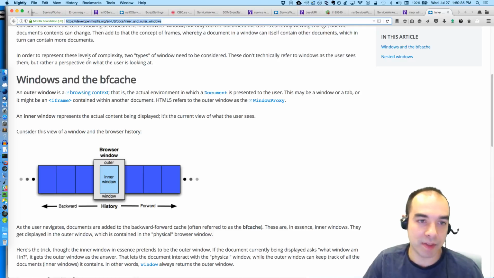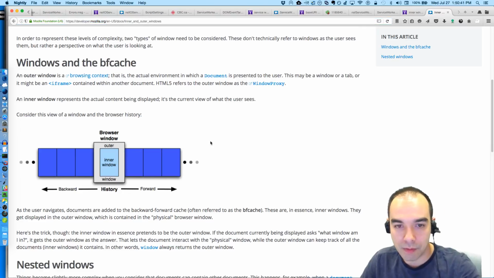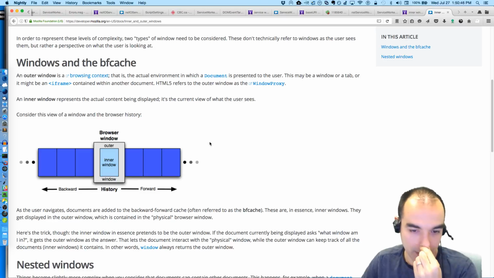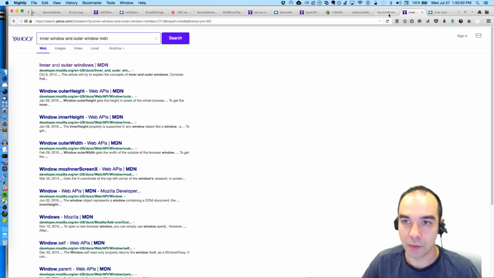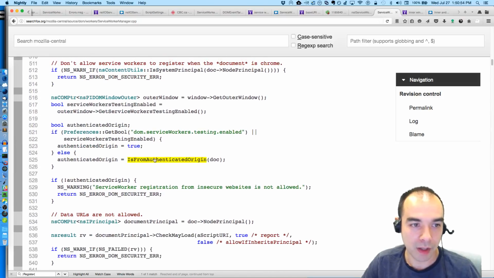You can't see where I'm pointing, but this browser is the outer window, and the inner window is like what the website thinks is window. Maybe it's a little inaccurate, but you get the idea. So we're getting the outer window, the thing that contains this document.